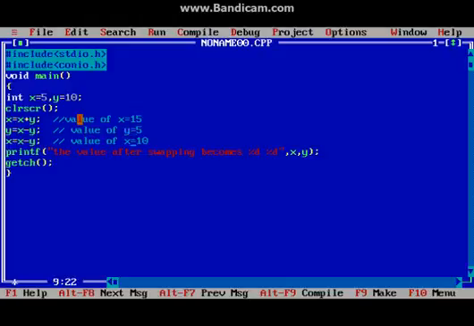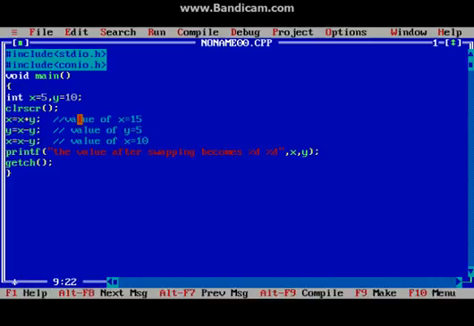So let's run the code, and here 10 and 5. The initial values were 5 and 10, and the final values after swapping are 10 and 5.